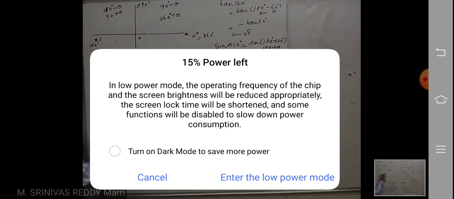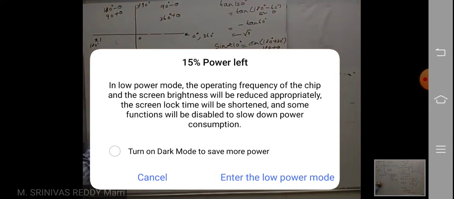Suppose another example. Suppose I want to write tan 390 degree. 390 degree means tan of 360 degree plus 30 degree. 30 degree is a standard value. So this is of the form 360 degree plus theta. You write immediately tan theta, and then 360 plus theta is in the first quadrant, always positive. Tan 30 degree, that value is what? 1 by root 3. Like that.